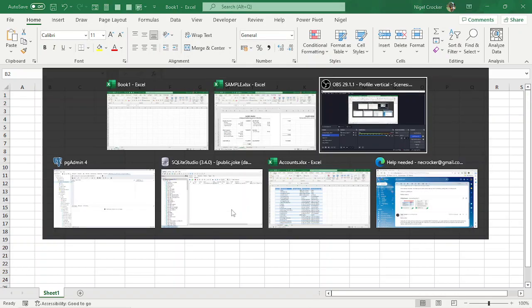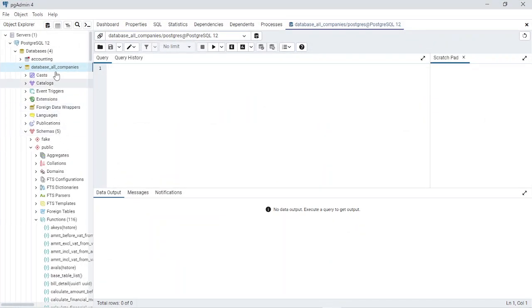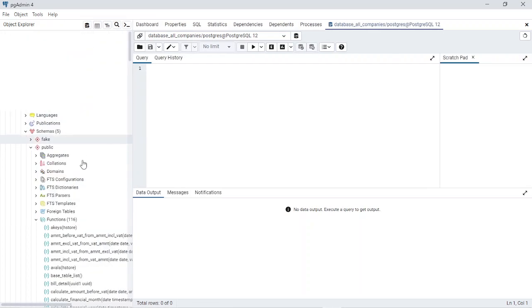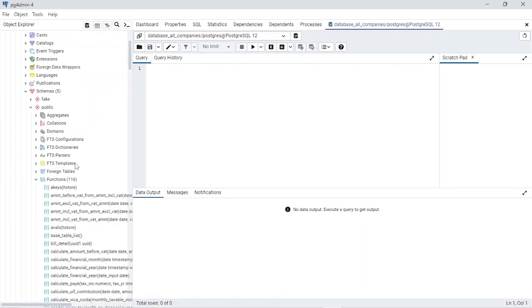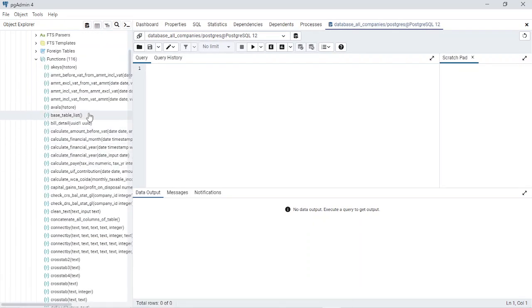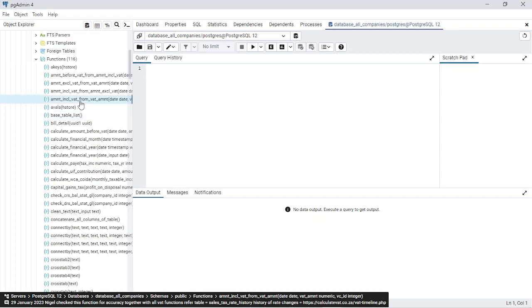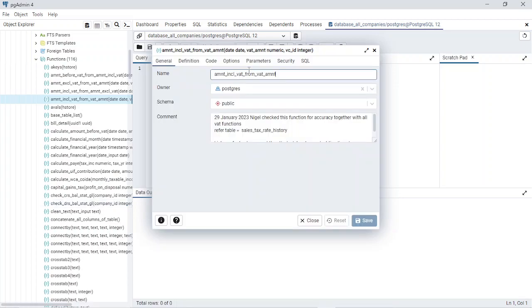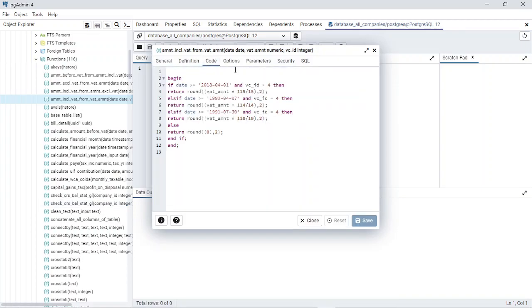In PostgreSQL, it's all stored in things called functions. These are actually formulas, and they have names. So if you want to create the amount including the VAT amount, it's all in this pre-made formula. The code's in here. But what's nice as well, you can ask